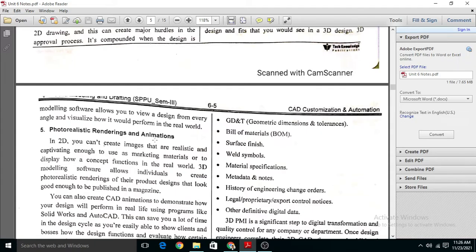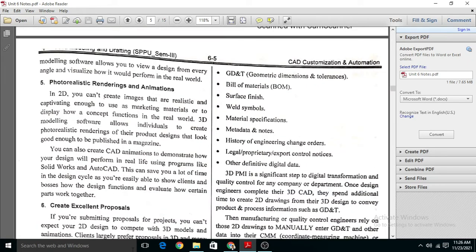If we want to make the animation, we require a 3D model. We cannot make the animation in a 2D drawing. So for animation purposes and to get a photorealistic effect, the 3D model is very important. We cannot do this in a 2D model.